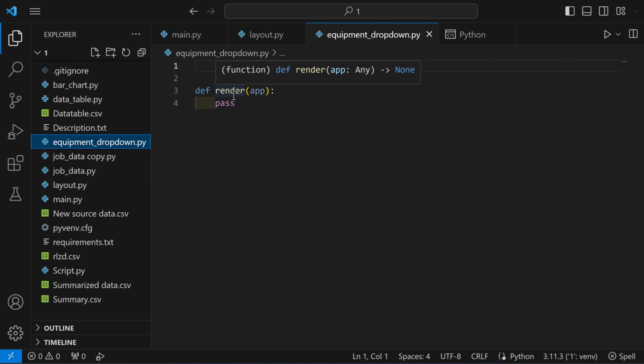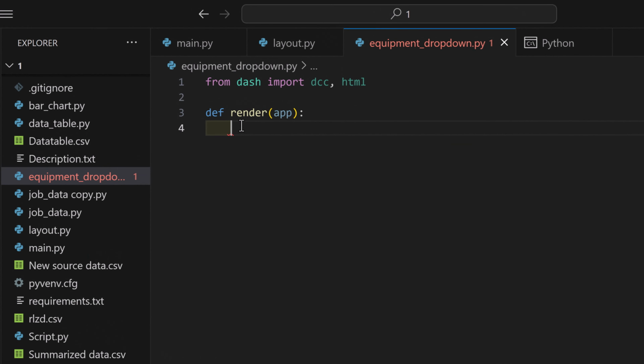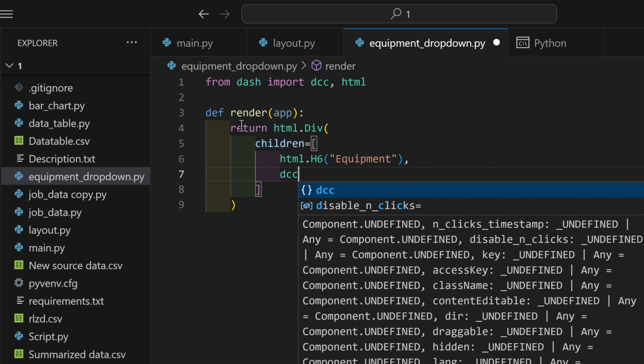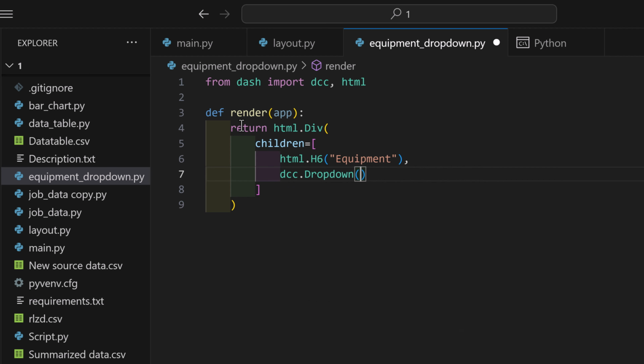And how do we then render the equipment dropdown? Well, first, let's do as before. We return an html.div, and we want to specify first that it has children, and those we pass as a list. So this is same as before, and we want first an html.h6 header, which contains the equipment name. And then we want to pass the dropdown, which is the dash core components dot dropdown. And in the dropdown, we want to give it an ID so that we can identify it later. Equipment